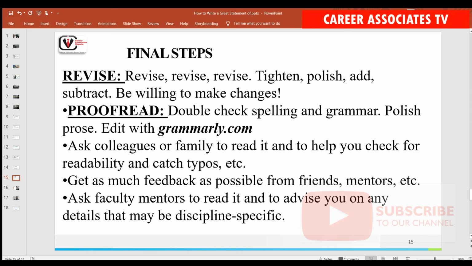Don't forget, you must be able to clearly write your SOP and make other people understand. If you're having too many errors, they won't get the flow. So you give it to people that can help you check for errors. Give it to your friends, mentor, people you trust, people that have gone ahead of you